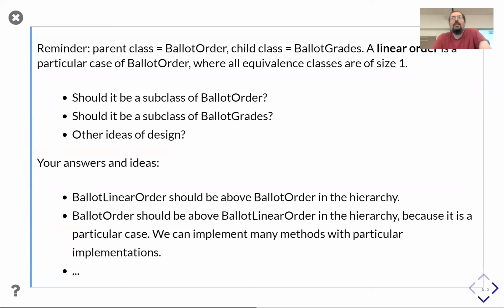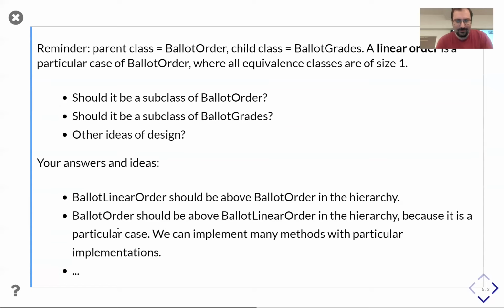It's kind of specious to say, okay, this is the specification I will use. But in that case, it's quite simple because linear orders are really a subset of weak orders. So in that case, there is no real question. If you want it to be a class, it really should be a subclass.